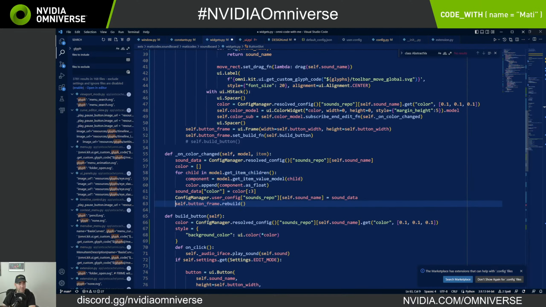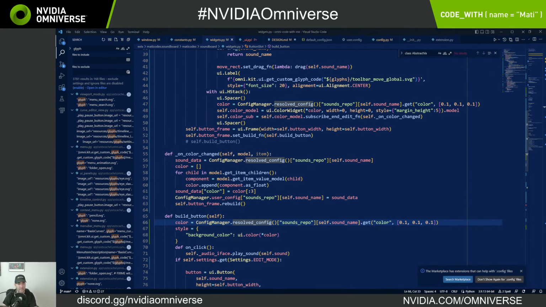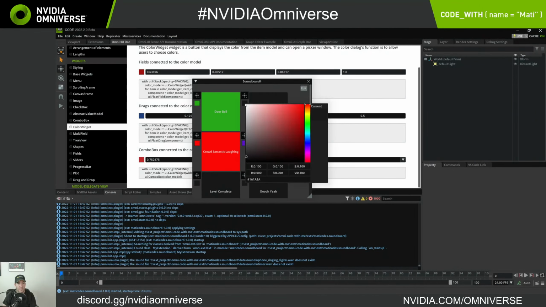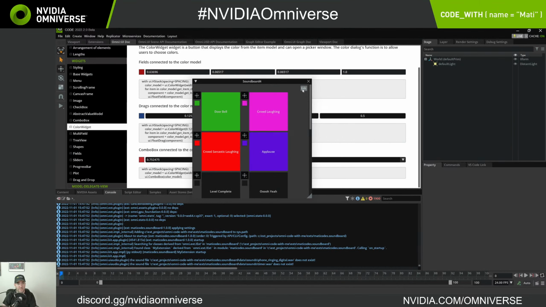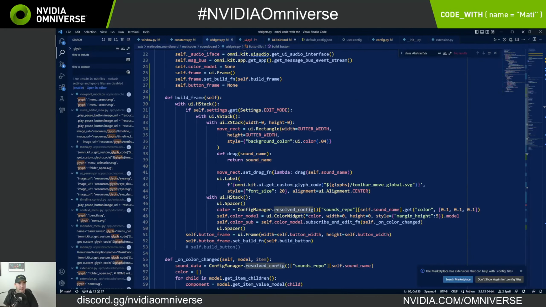Oh, I didn't do the rebuild. Let's bring the rebuild back in. Close that, save. And now we can change this to magenta or pink. Yeah, that did it. Cool. Now I don't know why that is still there, why the gutter shows up in non-edit mode. If I'm in edit mode, we want